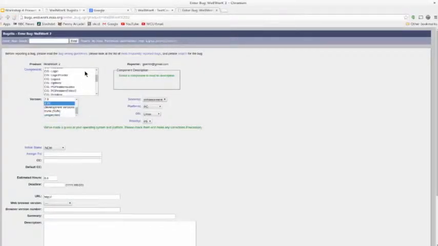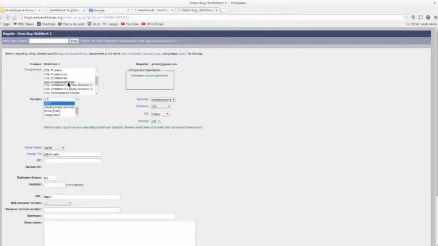I'm going to pick WeBWorK 2. You'll pick which version you're using. You will pick which component if you know. Some of the names are a bit confusing. So for example, SetMaker is the library browser, or Problem Set Detail is the homework editor page where you actually are editing